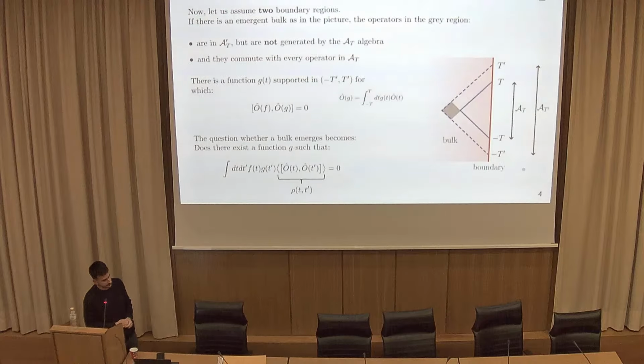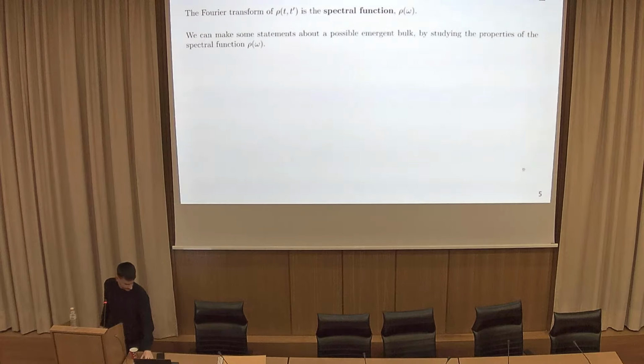I mean, this is saying that there is an emergent bulk. You start with data, something which is on the boundary, and you ask whether you can somehow see this as coming from the boundary. Exactly. I start with a boundary theory, and I want to ask if there is a possibility for a bulk theory. Later I will have an example for a bulk theory. But yes, this is the question: we start from the boundary, whether we can have an emergent bulk.